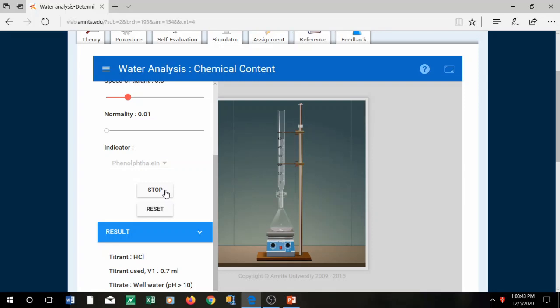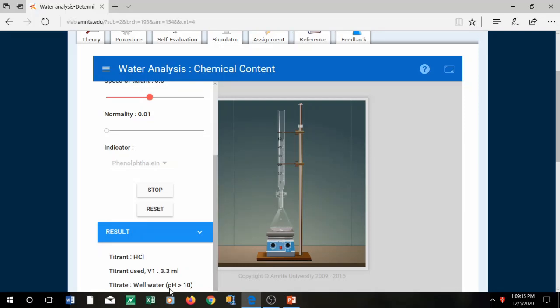Depending on the pH range, we can select different indicators like phenolphthalein and methyl orange. Phenolphthalein works in a basic range around 8 to 10, and the color change would be pink to colorless. And methyl orange works in slightly acidic range, and the color is light yellow to orange. That is how you have to work.